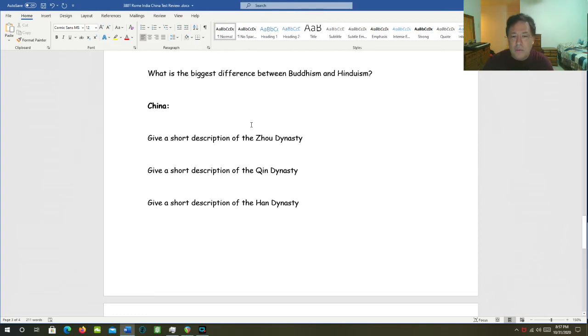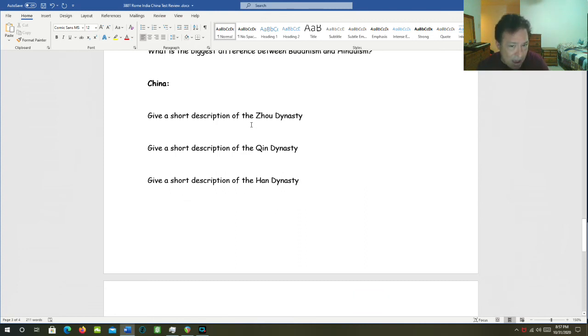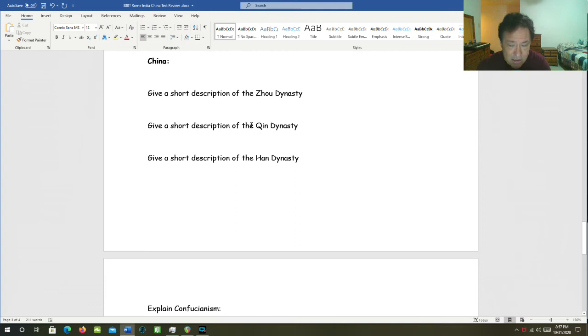China. Let's give a short description of each of these dynasties, beginning with the Zhou dynasty, and you can say Zhao dynasty if you want to. It's a written test. But the Zhou dynasty lasted about 866 years. It instituted a political and economic system that we call feudalism, which we will talk a lot about when we talk about medieval Europe. And it also began work on parts of the Great Wall, although there wasn't as much connectivity in the Great Wall as there would be later.